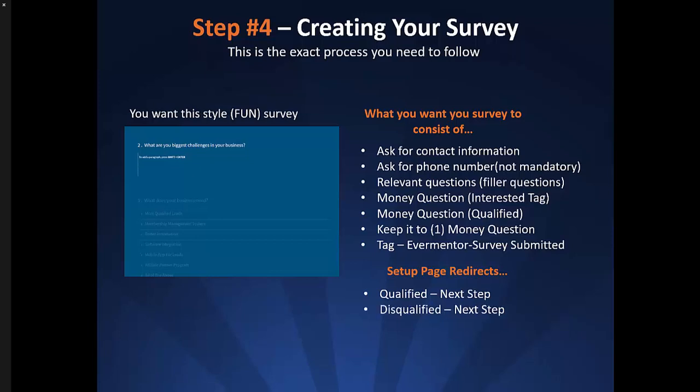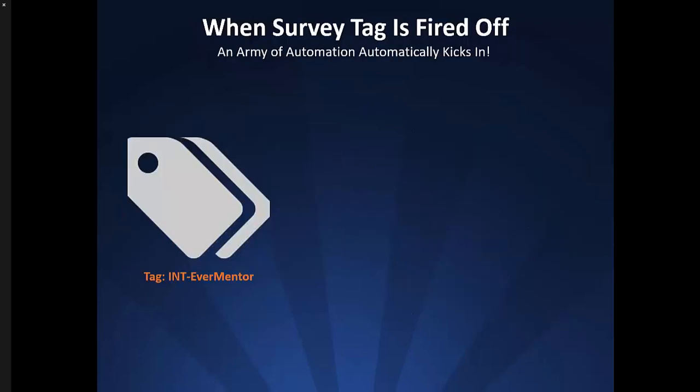Or if they say no, let's do the same exact thing, even though they're disqualified, which does not necessarily mean that we are discriminating. It just means that we're going to send them in a different direction. Let's send them to another page with a really nice video saying, hey, perfect, I understand, but do me a favor. Why don't you check out this auto webinar so that you can see if the coaching program is a good fit for you? You see, you're able to determine what direction you want them to go based on how they answer. And so let's take a look at what happens when that survey tag is fired off,